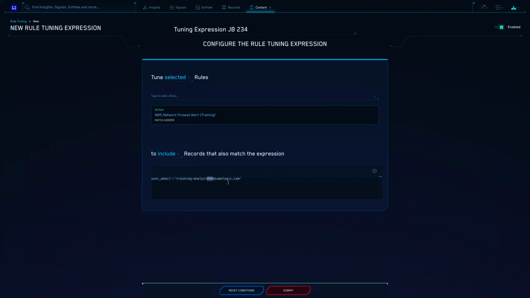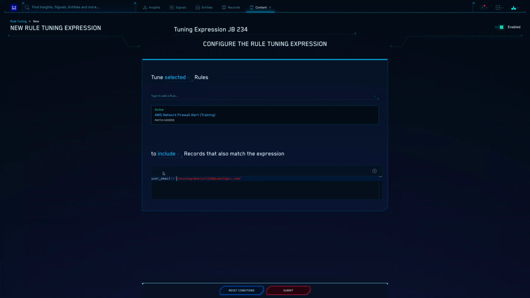I'm going to put my number, 234. And then I also need to modify the apostrophes. If you notice in the screenshot, the email address is red, and here it's white. This is once again just an artifact of pasting from a PDF. So I'm just going to modify these. And now it's red.